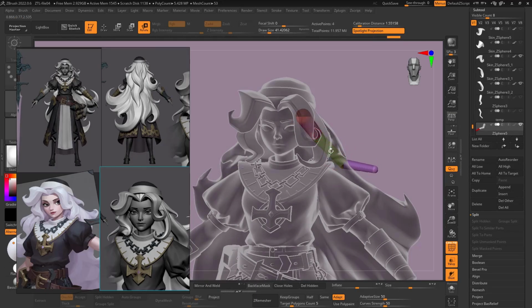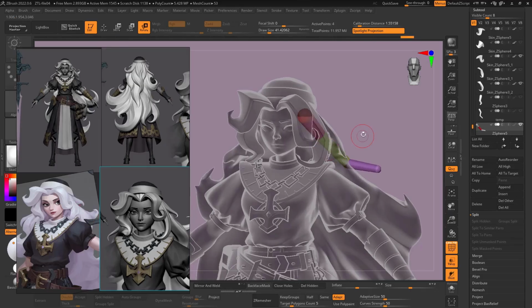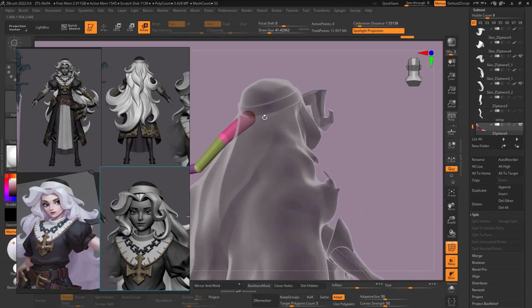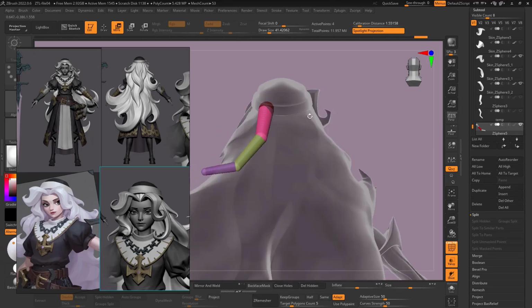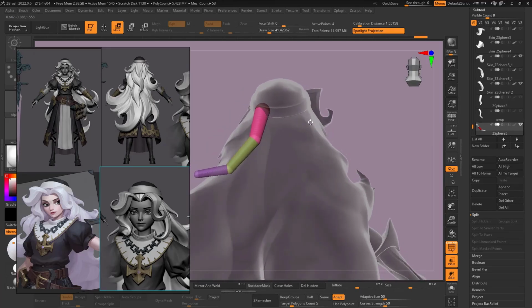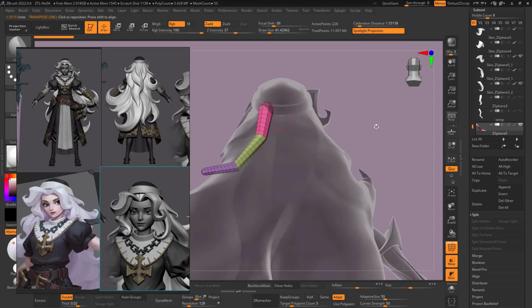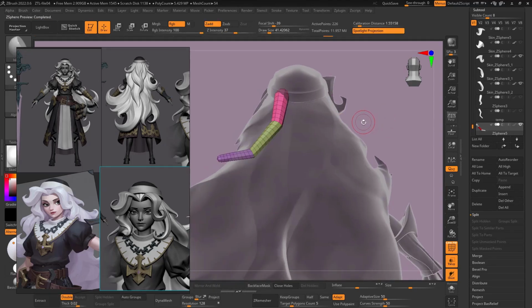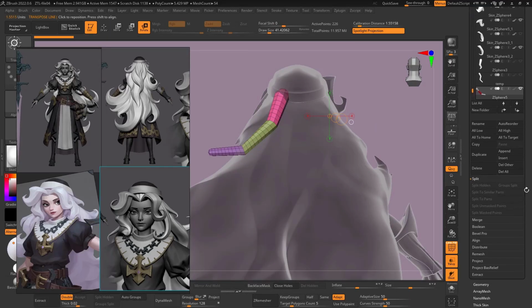So this mesh here, I'm trying to figure out this one here. So let me move up here a little bit. And I think the shape is okay. Let me see. It's okay, so I will come here